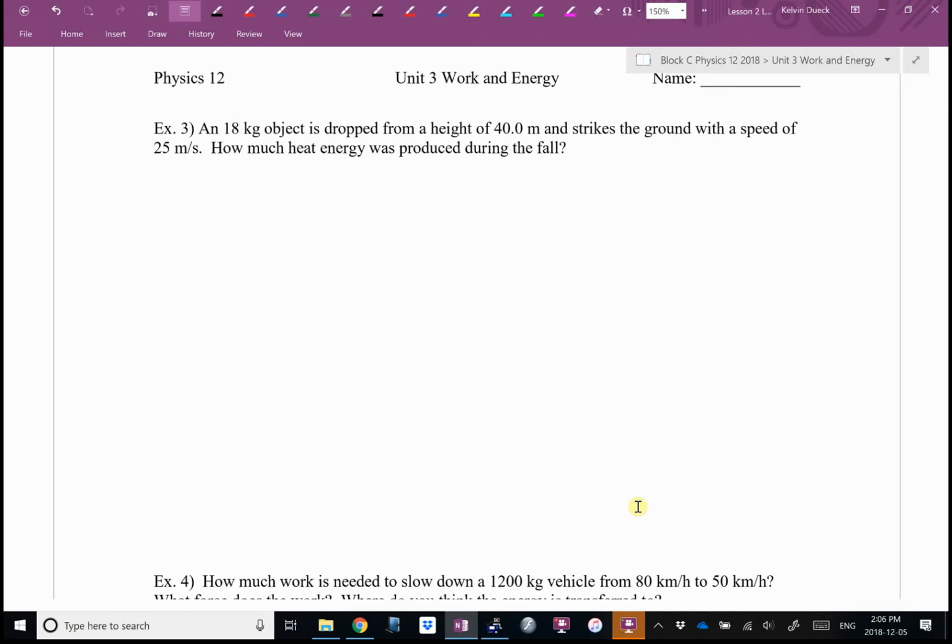So I'm going to start out by going KE initial plus PE initial equals KE final plus PE final. And this time, since it's talking about heat, I'll mention heat. So this version I did not put on your yellow formula sheet. I figured that's fair game to expect you to realize, oh, we're including heat. That's where the extra energy went. I'll tack that on to the end. For any of these,